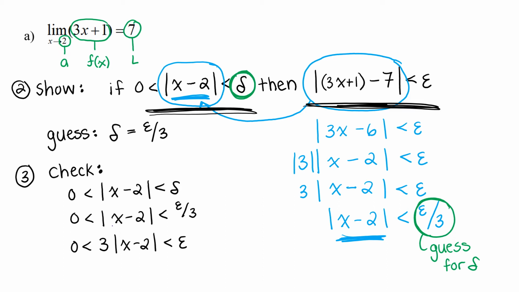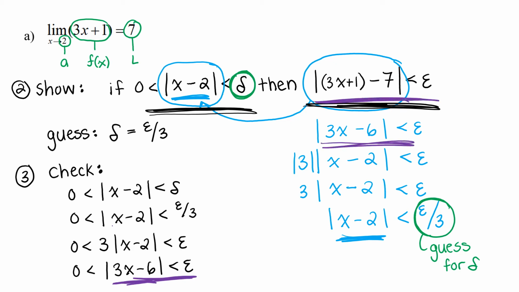And, well, that 3 is the same as an absolute value of 3, so we can bring that to the inside. So we have the absolute value of 3x minus 6 is less than epsilon, and that's just a simplified form of this statement here. So that means we've shown that if the absolute value of x minus 2 is less than delta, and our delta is epsilon over 3,